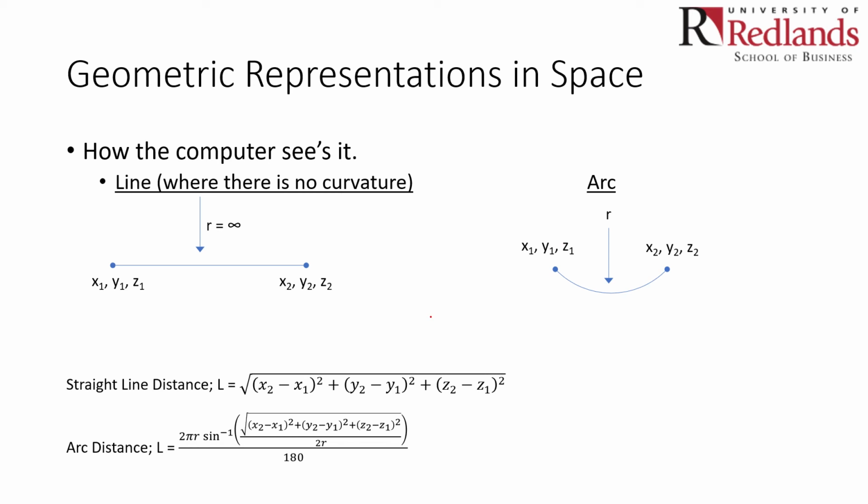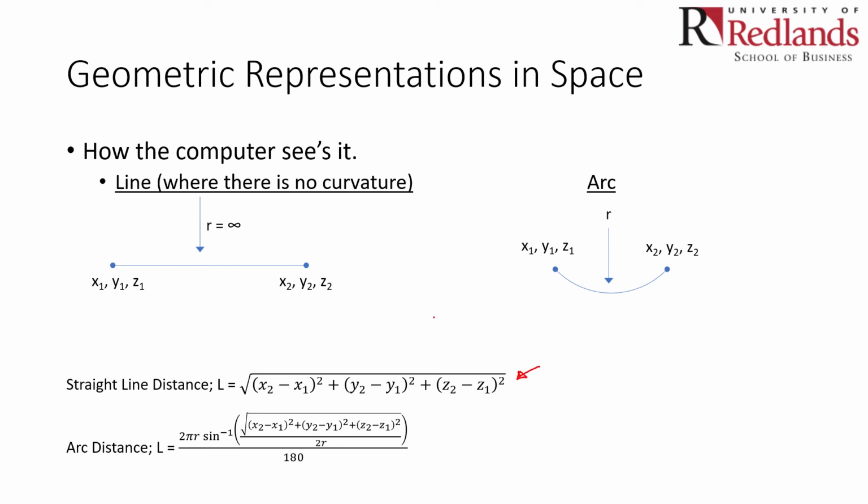So here's how the computer sees it, and this is why we go through that whole point of saying that there's an x1, y1, z1, x2, y2, z2, and a radius value, is because you are computing in your head what that might look like, how that might work. But the computer needs something very specific to work with. And if it's not directly put in, it will be translated to something that looks like the following. A line has length. If it has r of infinity, or if it's going to be a straight line, then it uses this straight line formula,